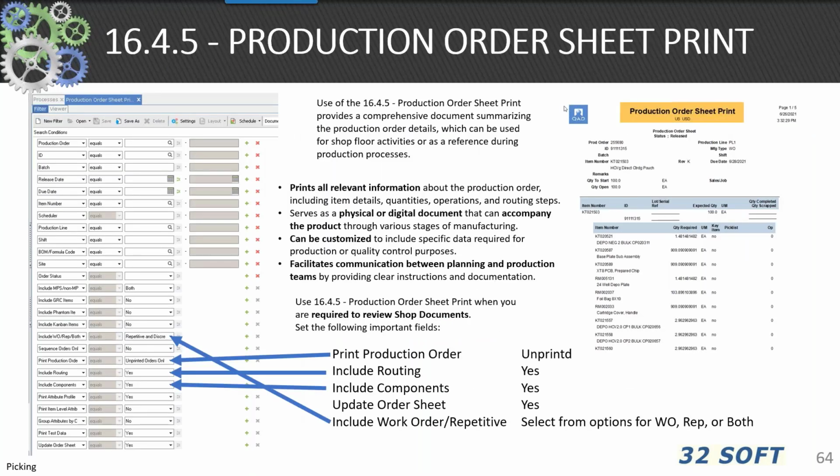You can use 16.4.5 production order sheet print when you have a required review of a production order. The 16.4.5 provides a comprehensive document summarizing production order details at that point in the process. The 16.4.5 prints all relevant information, serves as a digital or physical document that can accompany the product through the various stages of manufacturing, can be customized, and facilitates communication between the planning department and production teams by providing clear